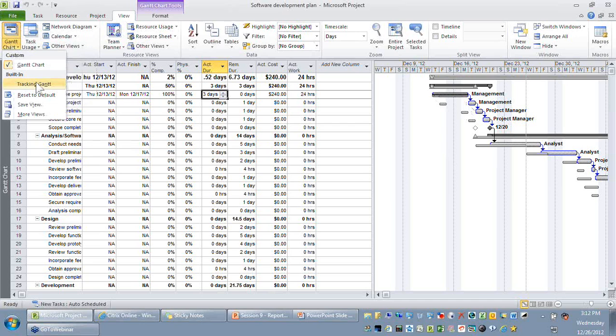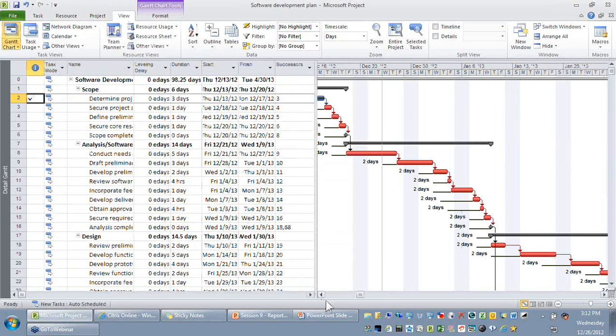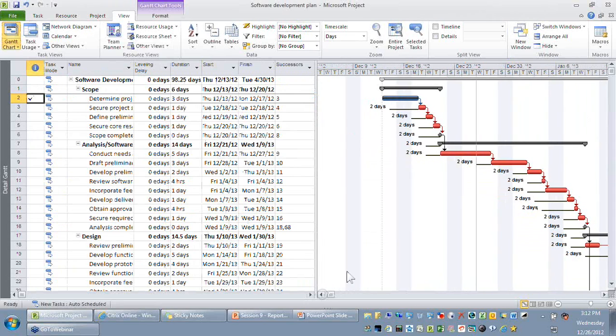So you can just change your view to a view called Detail Gantt. Okay, let me change it. So on your Detail Gantt, you are able to see your critical activities and your non-critical activities. You are also able to see there is a black color line before all these task bars. These lines just represent by how many days these activities have slipped.